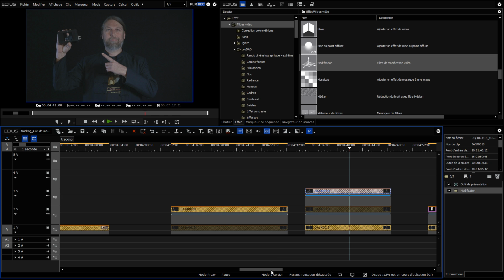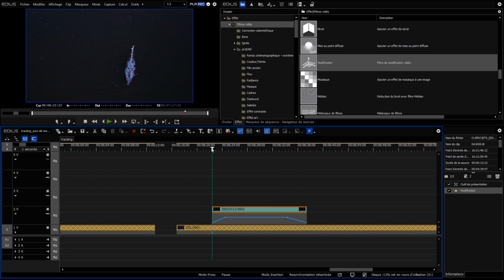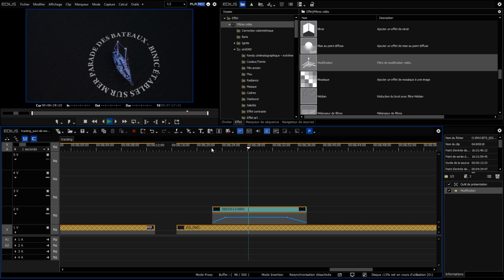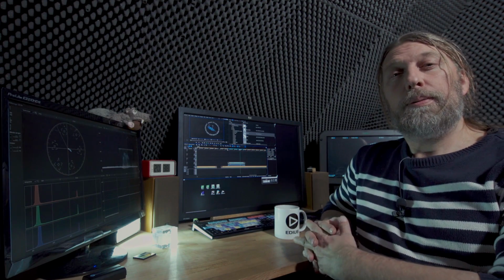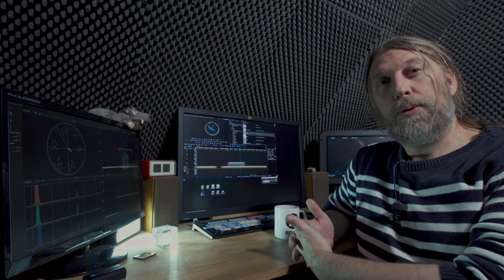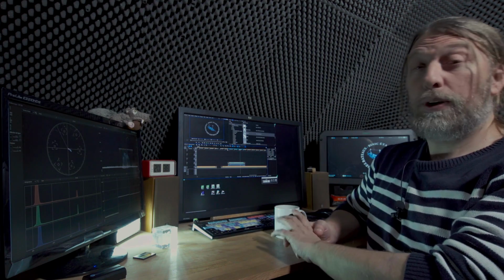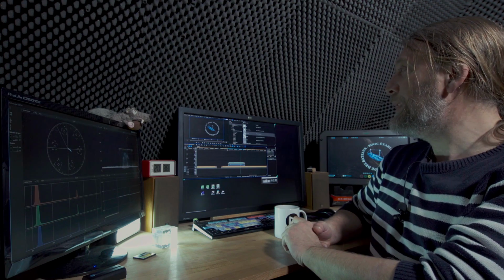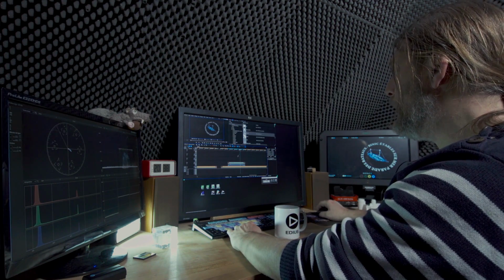I'll show you how to achieve this effect, based on tracking, and above all, we will see some software that I don't mention too much, but I use all the time. It's a paid plugin from Edius, which is called VisTitle. It lets us make, amongst other things, this famous round title. So let's start.